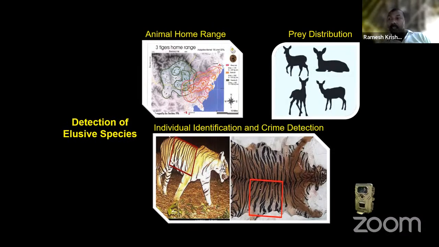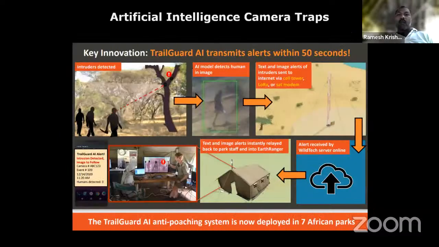Similarly, camera traps are also being used to get relative abundance estimation of prey species, in addition to getting the distribution pattern of different species, even though we may not be able to have individual identification, but we know the location. We know the spread of this particular species, and what the relative abundance of the species is based on capture rates.